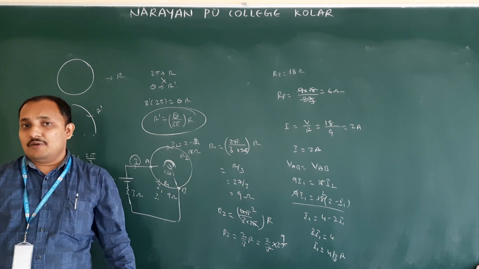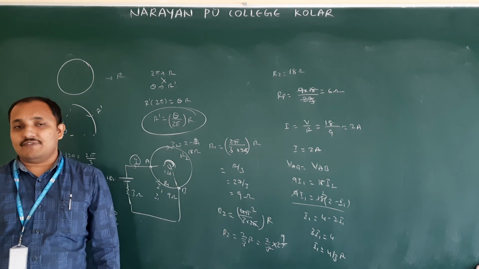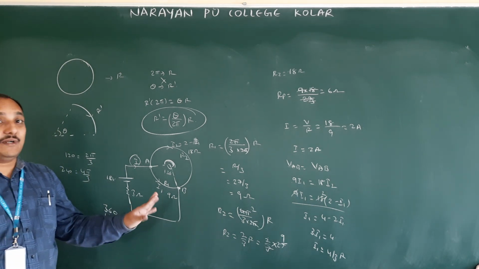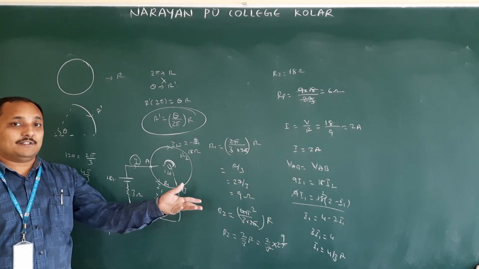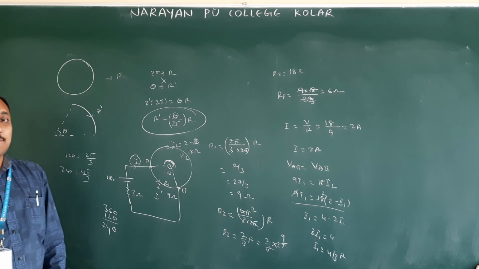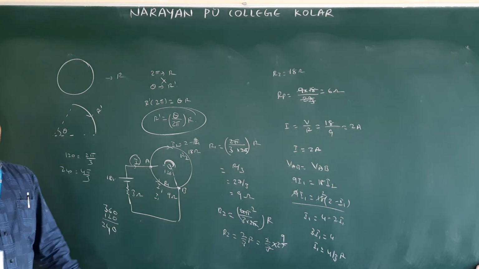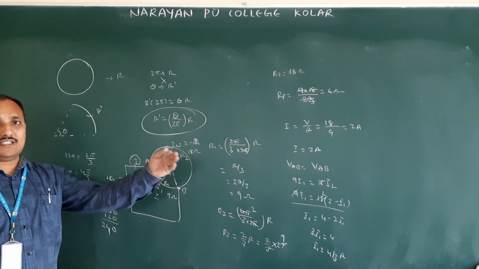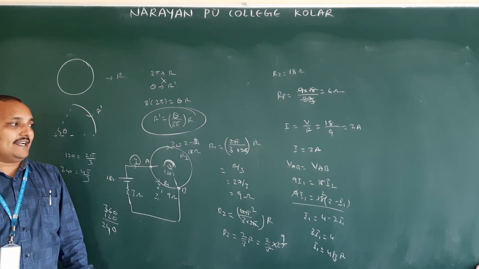Okay. So with this competitive problem we are finishing current density. There is no end for competitive problems. If we discuss 2000, 1000, 10,000 like that we will discuss. So we are going to meet in the next chapter. I think Krishna sir will start the next chapter in second year.